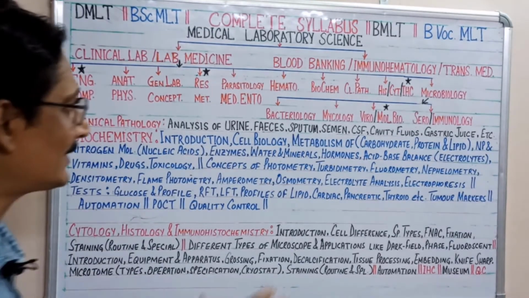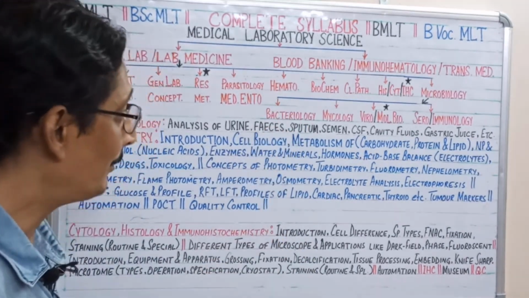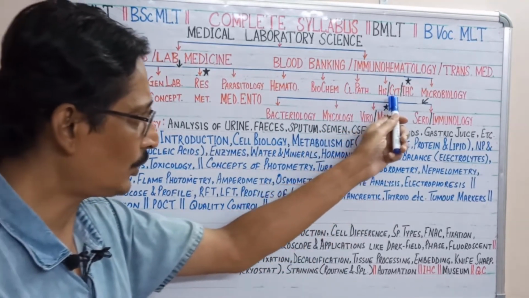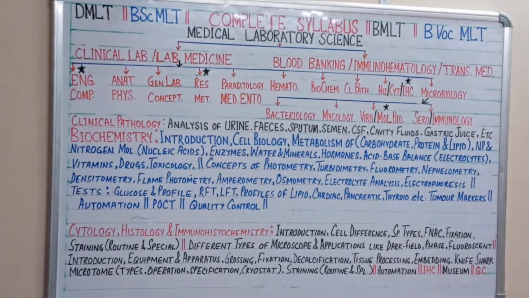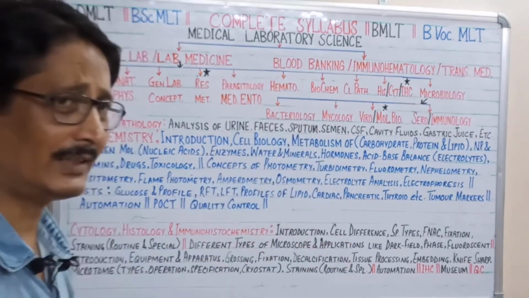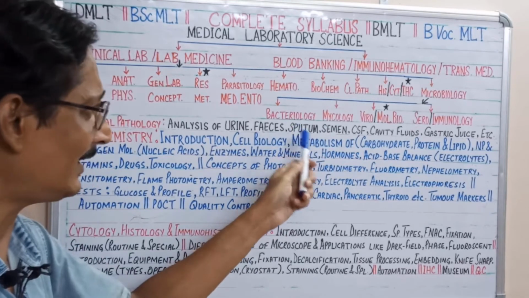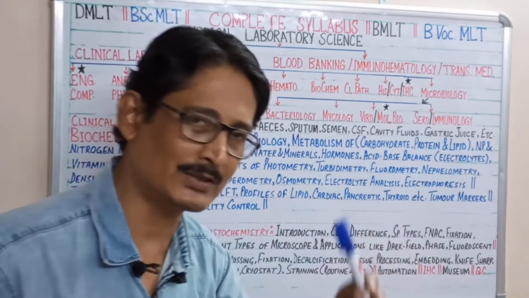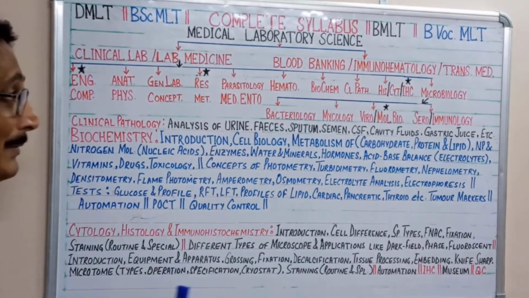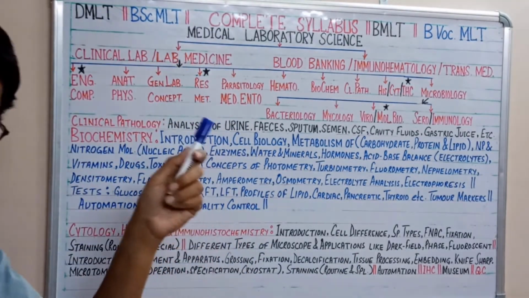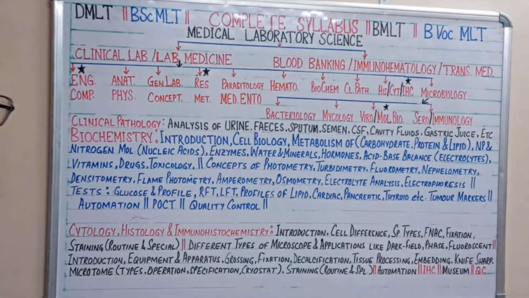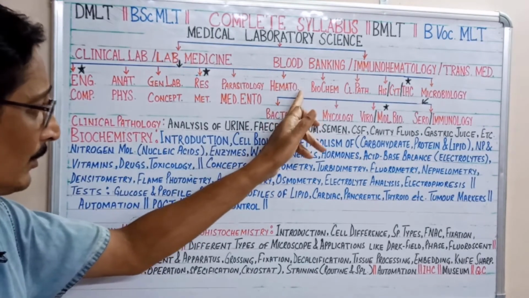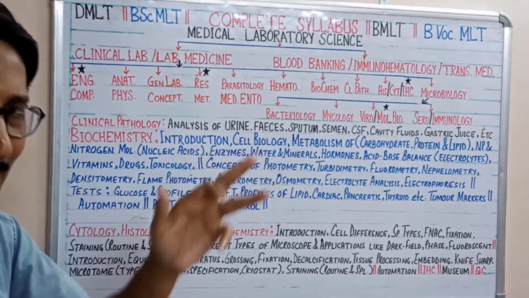Our laboratories are the hematological laboratory, biochemistry laboratory, clinical pathological laboratory, histological laboratory, bacteriological laboratory, also with mycology studies, the molecular biological laboratory, and the serology or immunological laboratory. So there are 7 laboratories in the clinical laboratory component. In the earlier videos we have studied up to the hematology part.